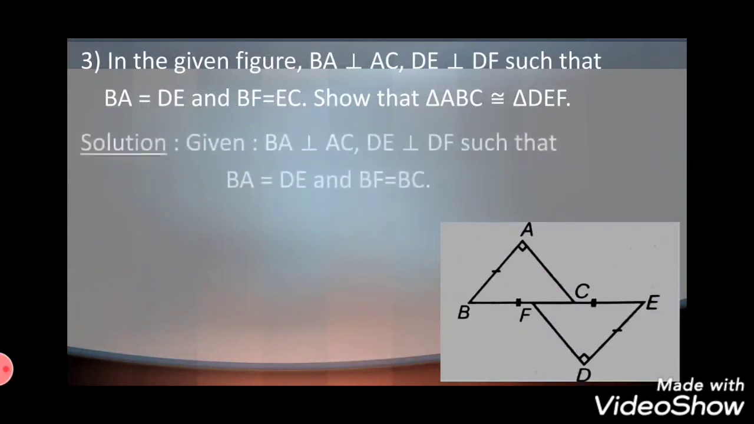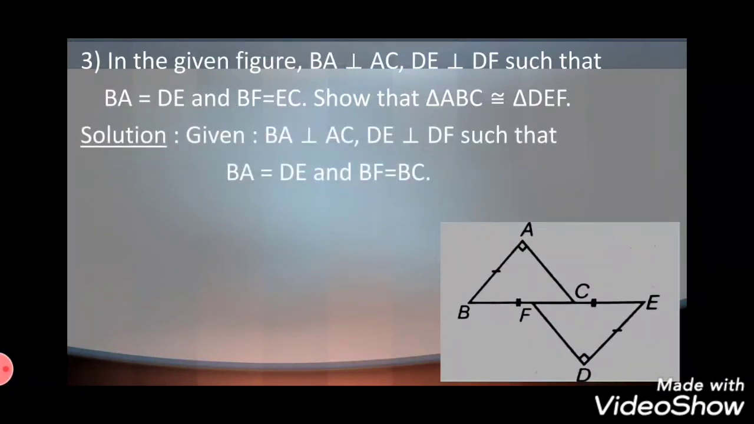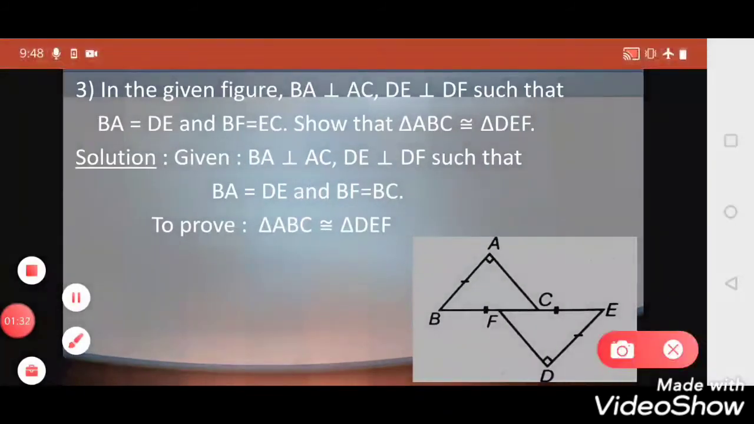Let's write the given. For solution, first we write the given, that is BA perpendicular to AC, DE perpendicular to DF, such that BA equal to DE and BF equal to EC. It is not BC, it is EC. To prove: triangle ABC is congruent to triangle DEF. Here it should come EC. Yes. Now for proof,